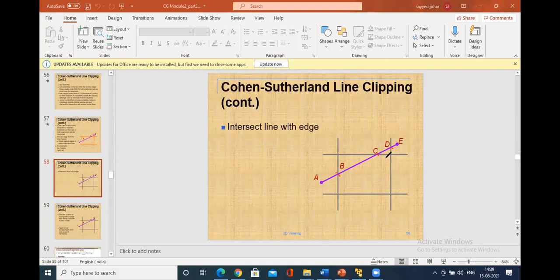Whereas here, three clippings have to be done. First you need to identify this line and this line. The next line is this line and this line, since this is totally accepted. Try to understand this concept. In this line, three types of points have to be identified. These points, right?